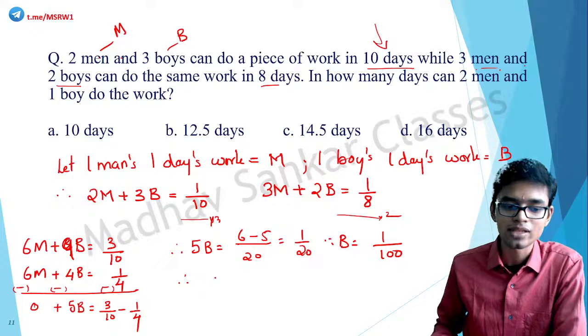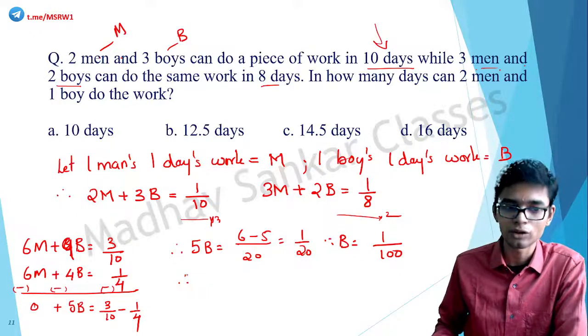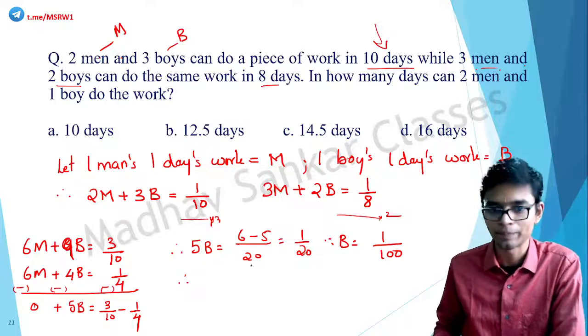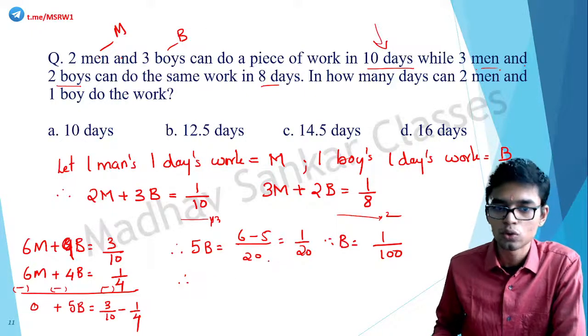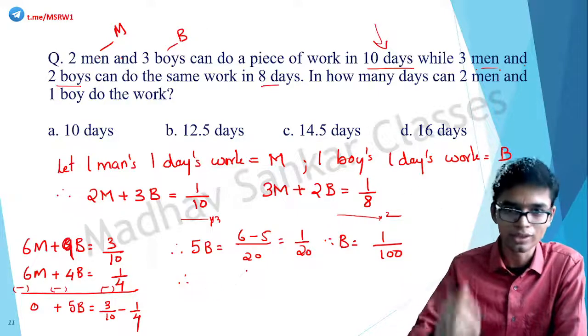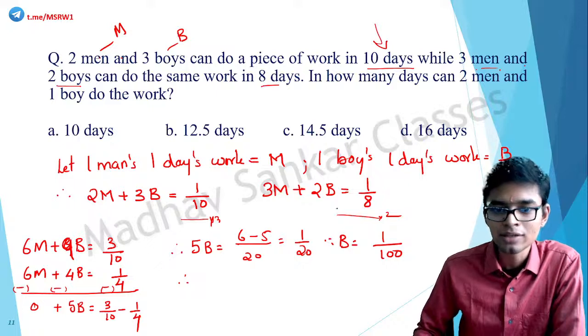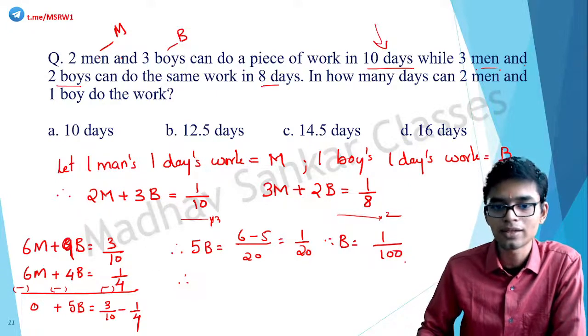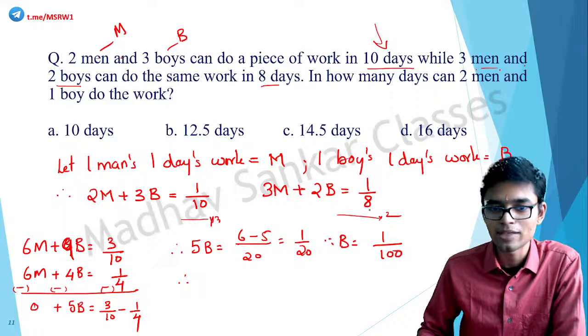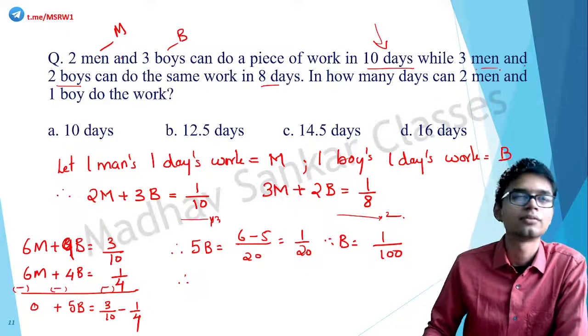Therefore, what is the value for M? Simply substitute the value for B in one of these equations and find the value of M. Okay, so let's substitute here. I'm not going to write that. I'm going to do that mentally. You can do it in your own time. If we substitute the value for B in this second equation, 2 into B, 2 into 1 by 100 is 1 by 50. So, 3M is equal to 1 by 8 minus 1 by 50. Correct? So, the LCM